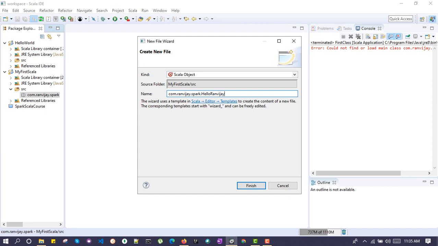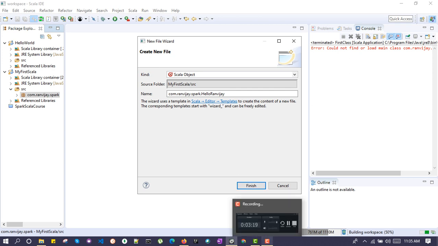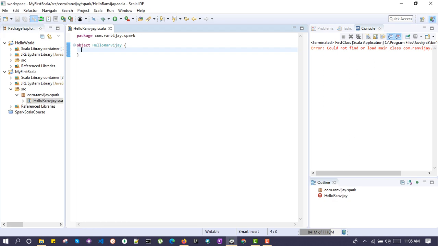Hello Ranvijay is the name of the object, and finish. Give some time, it will build the workspace. Now you can see an object has been defined over here.